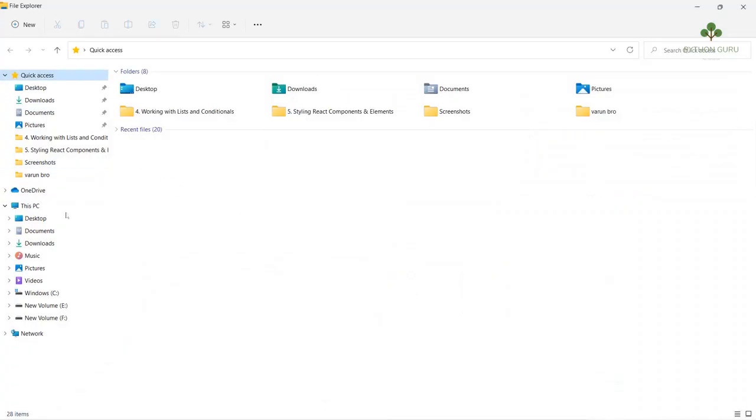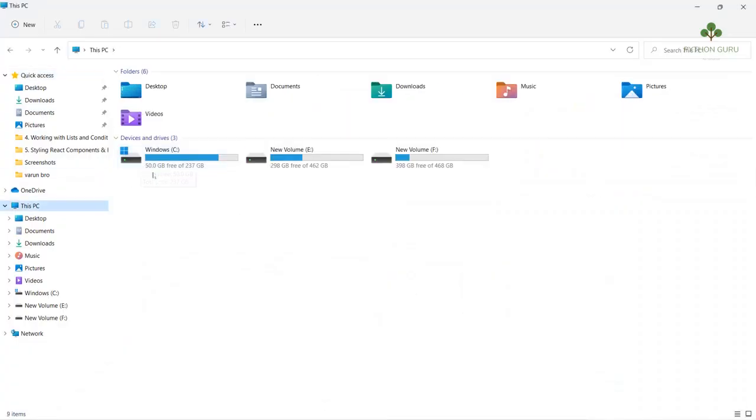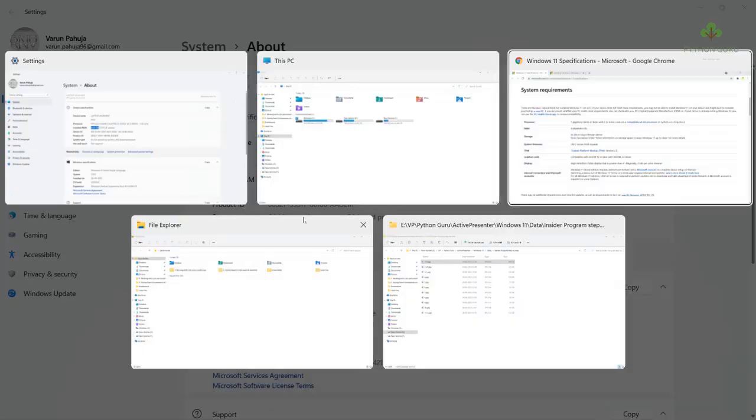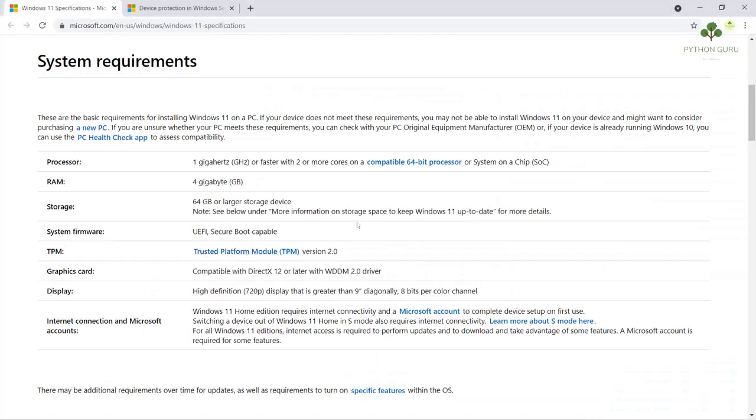And you can see the storage of drive C. Mine is 50 GB free of 237 GB. You can check yours and try to install the Windows 11 update and enroll yourself in the Windows Insider program. And yes, one more thing, please update to Windows 11 at your own risk. In my case, no data was deleted or lost. Please kindly save or back up your data while updating from Windows 10 to Windows 11.